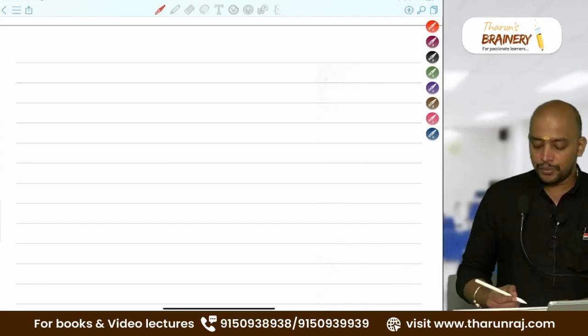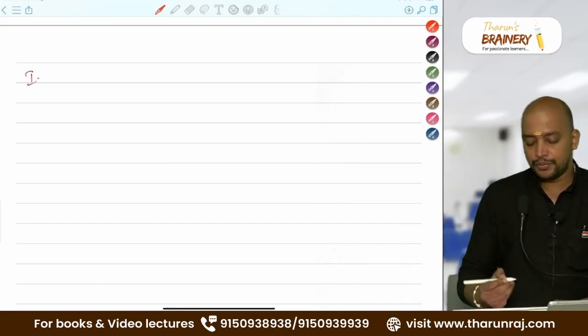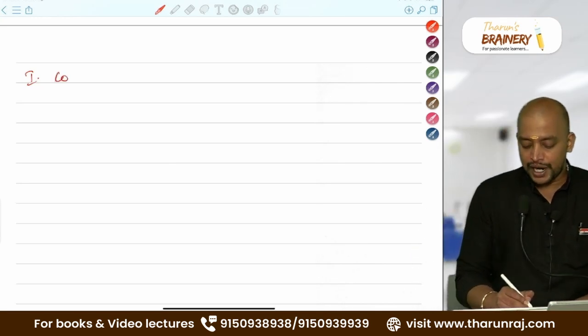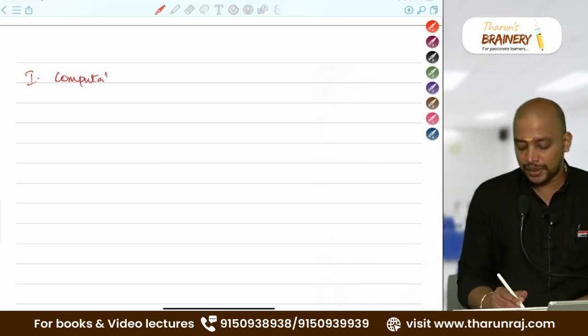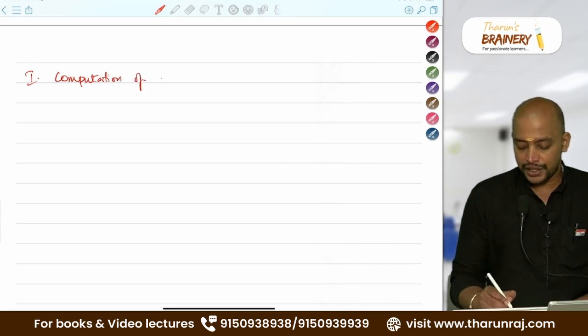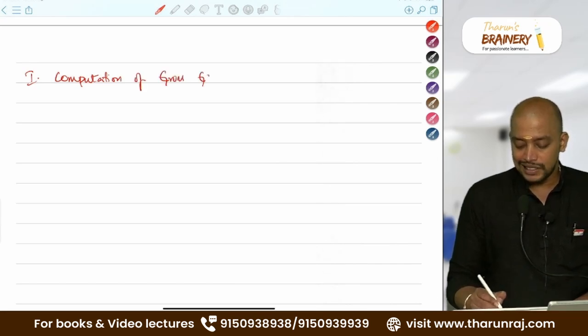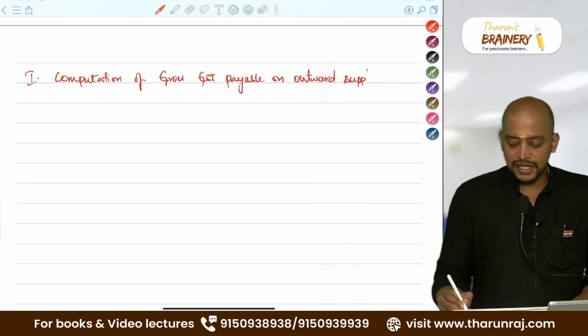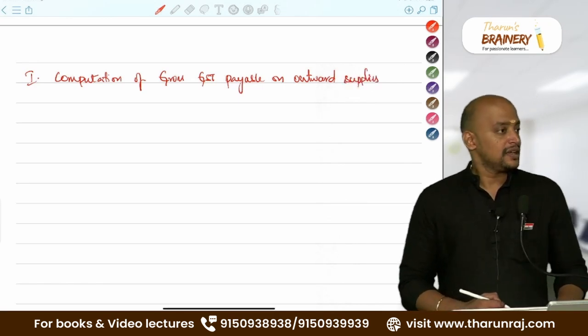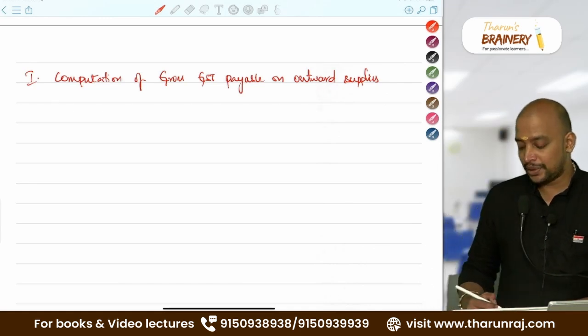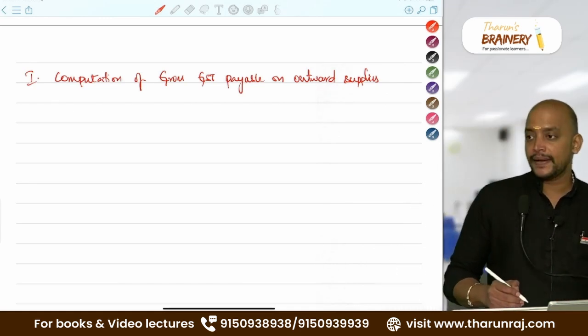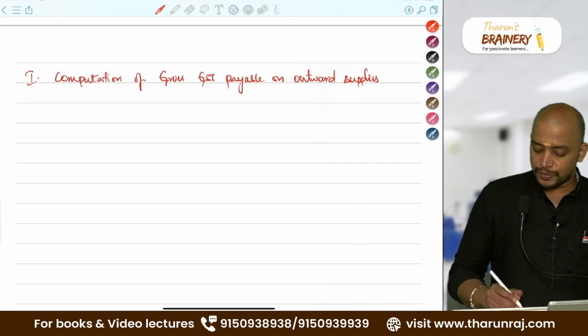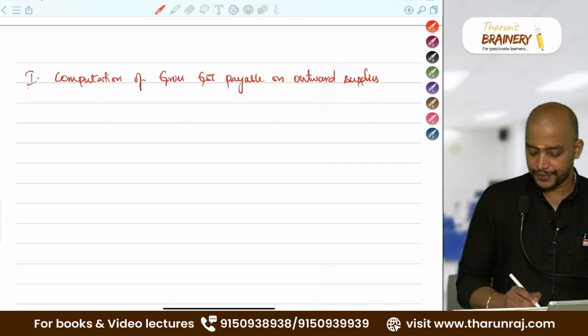So, statement number 1, computation of gross GST payable on outward supplies. On outward supplies means this is your FCM liability. Computation of gross GST payable on outward supplies. And you need to prepare particulars,